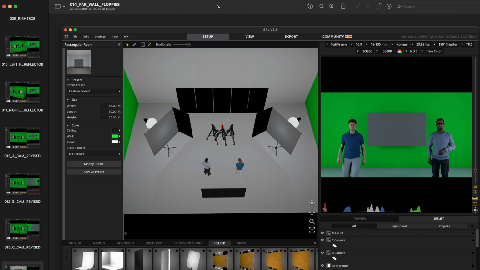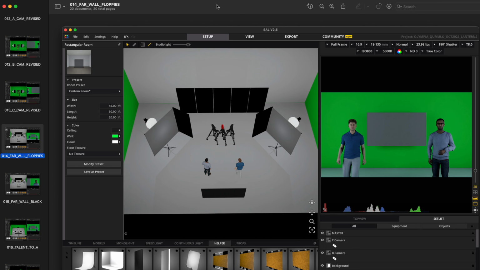And one of the things that I wanted to make sure of, especially for the talent that's camera right on the right side of the frame in the master here, is that we weren't running into big problems with reflections. So you can see here this overhead shot, and one of the things that I'm doing to mitigate reflections in the talent's eyes, or really the talent's glasses on the right side of frame,